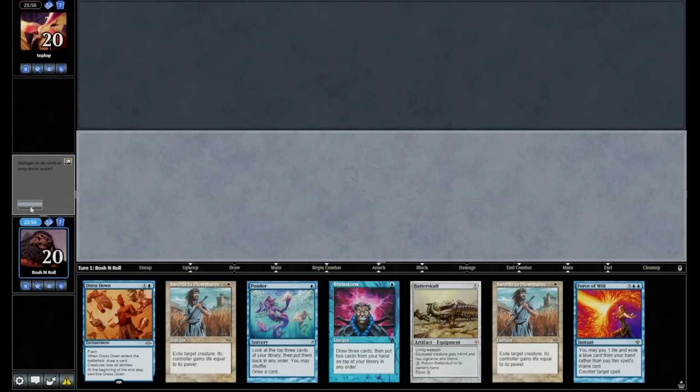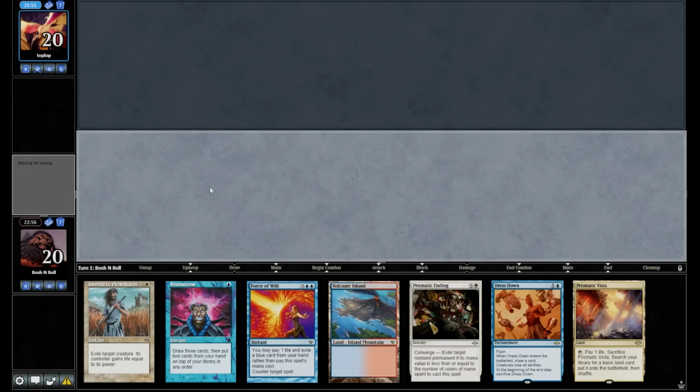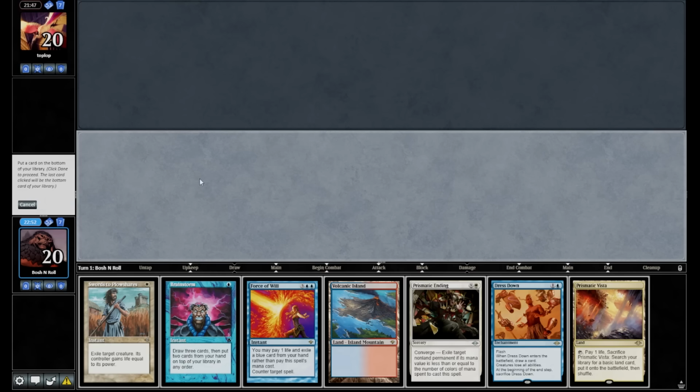No lands, got a mulligan. This one has the same problem the last hand did, that it doesn't pressure, but it does have Brainstorm, which the last hand didn't have. I'm going to keep this and put...